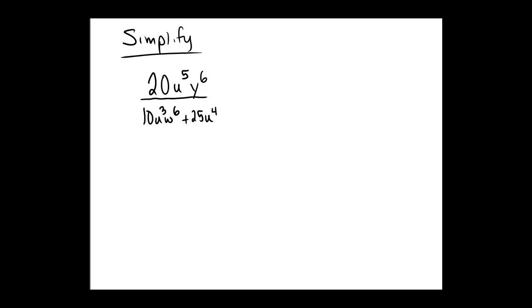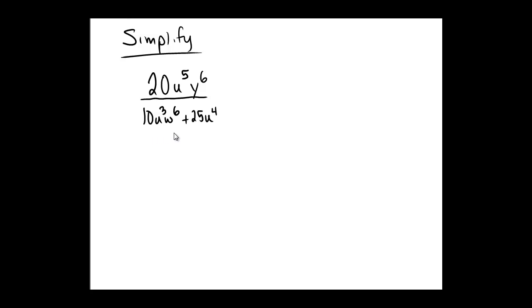Excellent! Now we're going to try to simplify some ratios of polynomials. So think of this as analogous to reducing fractions. We're going to be reducing fractions, but with these multivariate polynomials. So for our first example, I have 20 u to the fifth y to the sixth over 10 u cubed